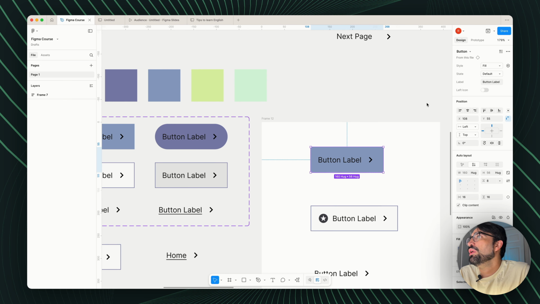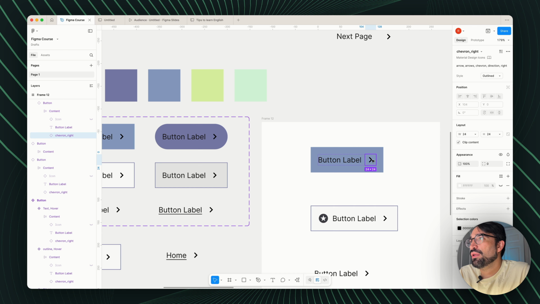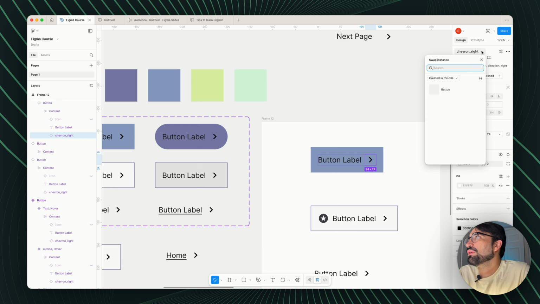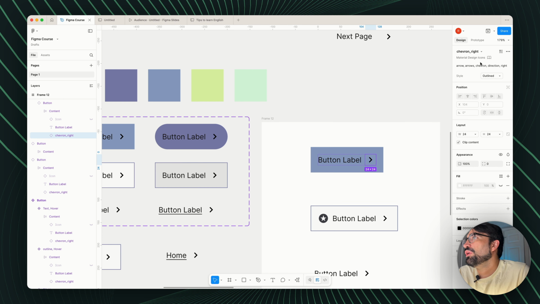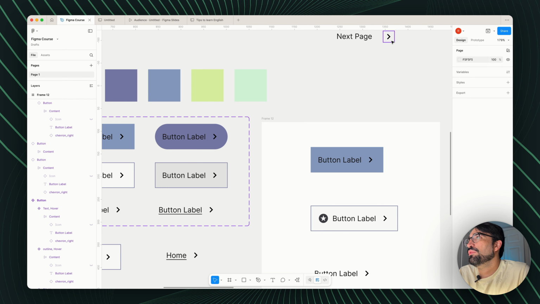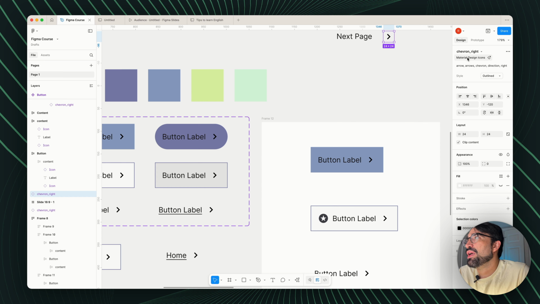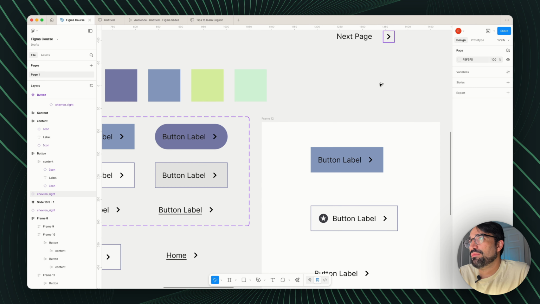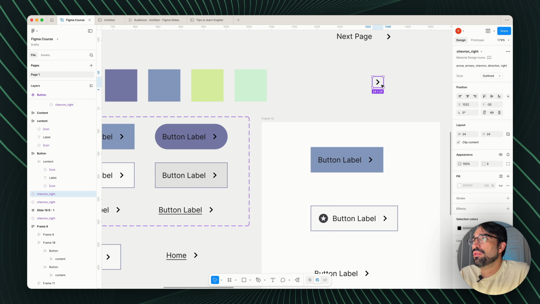Okay, there is another way where you can just replace the icons within your component. Here, for example, if you click until the icon layer, you can click on this drop down, and if you have other icons created in your library, you can grab this icon from here. I don't have this icon connected because I grabbed this icon from another library. For the sake of this experiment, let me detach this,